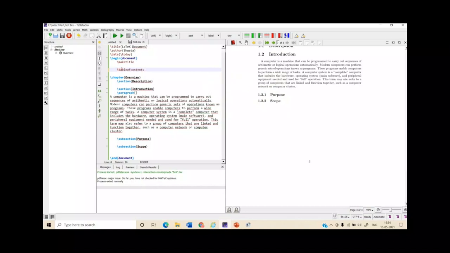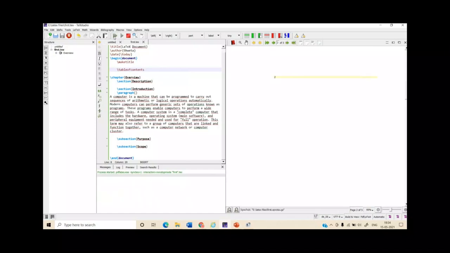Okay, now remember one thing, when you insert table of contents, you have to build it two times.